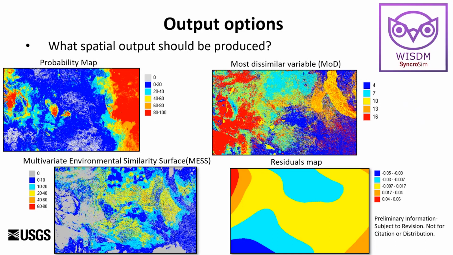There's the multivariate environmental similarity surface. What that is showing is how close the covariates at a pixel are to the values within your training data. So it can give you an idea of where you're really extrapolating on the landscape, but you might have less confidence in your model. And then a map of residuals from your model